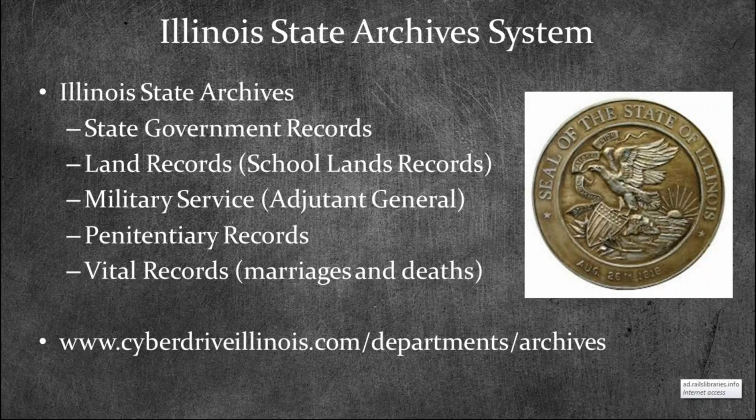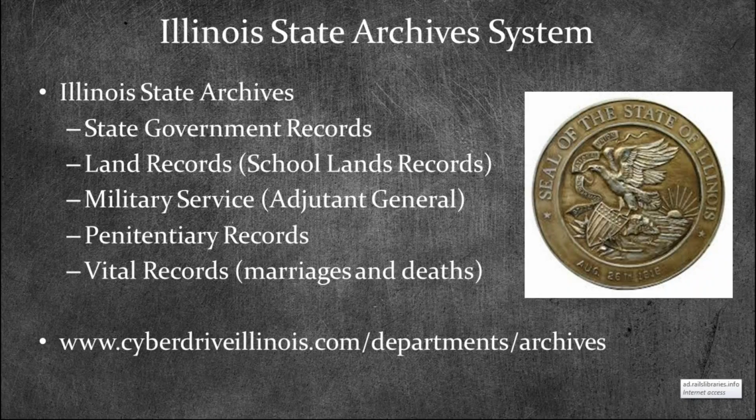But the Illinois State Archives has the State Archives, which is in Springfield, but then they also have a series of regional archives scattered across the state of Illinois. Now, unfortunately, they are not like Wisconsin. Wisconsin allows their materials to move from one branch to another if they need to be made available to a patron. The state of Illinois doesn't do that. So if you need records for Anna, Illinois, you have to go to Southern Illinois University in order to access them.